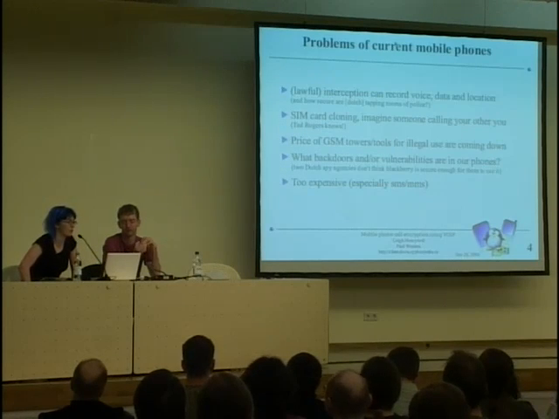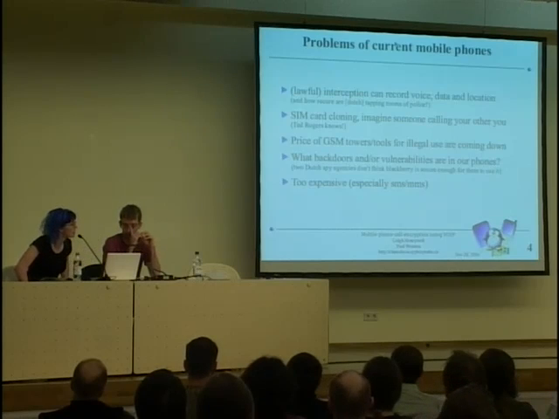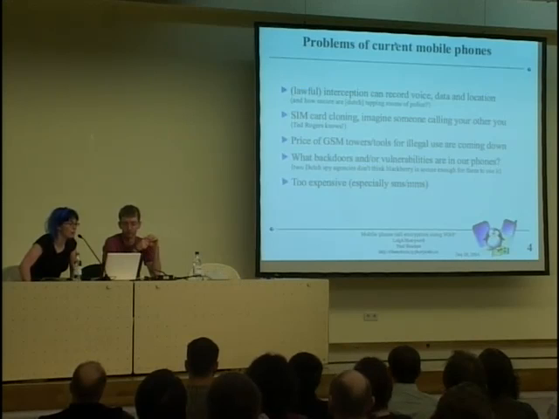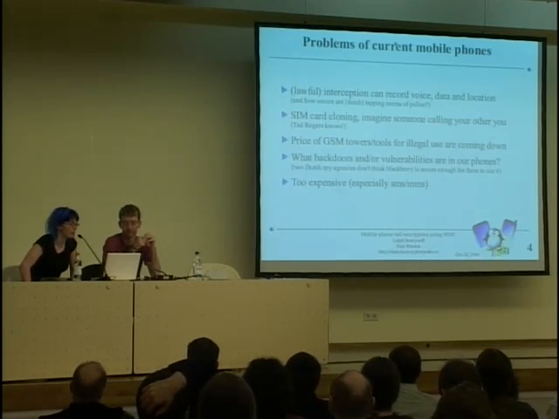So we start with the problems of current mobile phones. As our introducer said, we try to do encryption anytime we're using a public AP, anytime we are concerned about somebody accessing our data connections, and then we have important personal conversations over a cell phone network that is basically in the clear for all intents and purposes. I'll get into how much the PSTN is also in the clear, but the cell phone networks in particular are